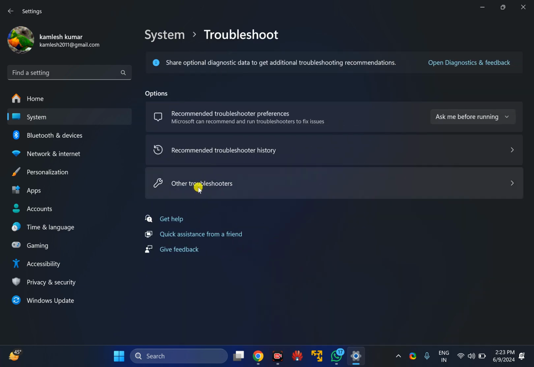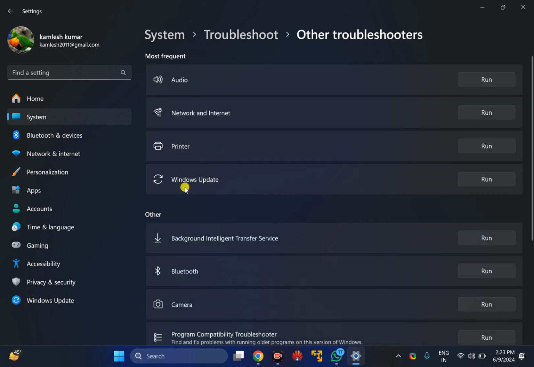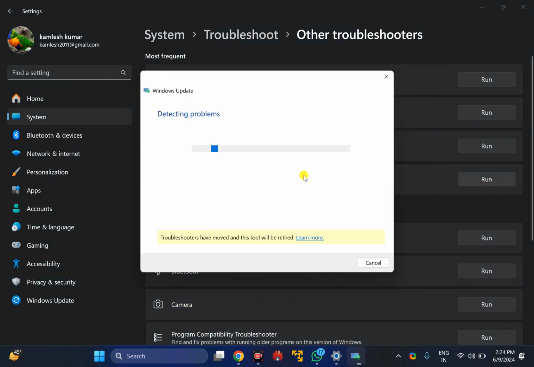After that, click on Other Troubleshooters. Now, beside Windows Update, click on the Run button and wait for Windows to detect and fix the issues. Once Windows Update runs properly, just restart your PC and see if the issue is resolved.